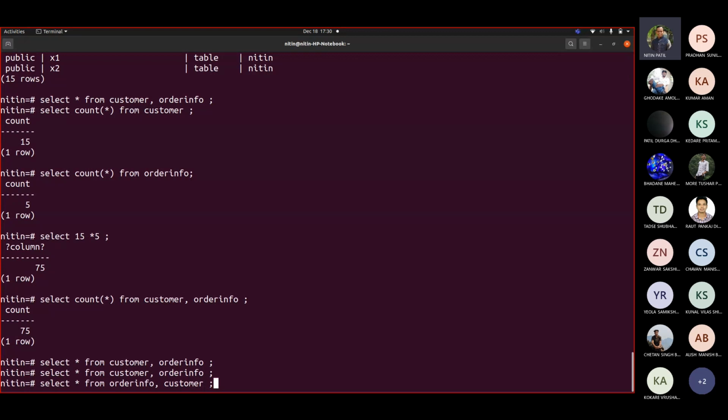We saw earlier that customer columns are added first, and then order info columns are added later. Correct. Now if I write order info comma customer, my imagination would be first order info columns and then customer columns.